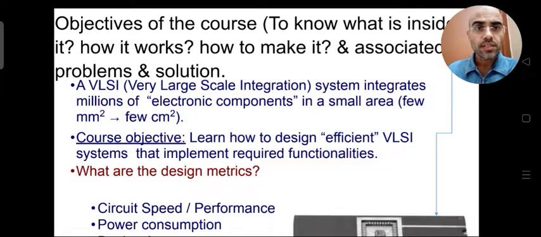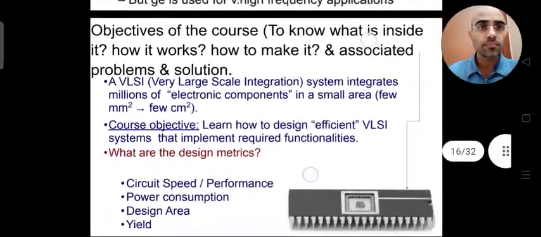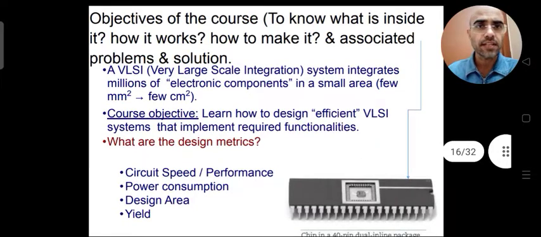In this class we will discuss about some of the basic things about the VLSI and what sort of design metrics we should use to evaluate the design, and we'll also see which are the various companies which are working in the field of VLSI and the basic design flow. So